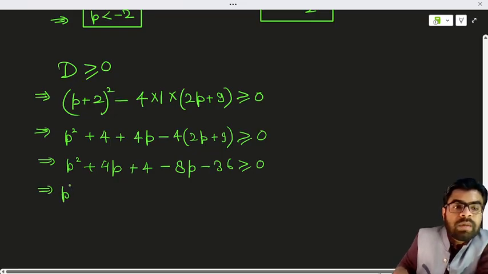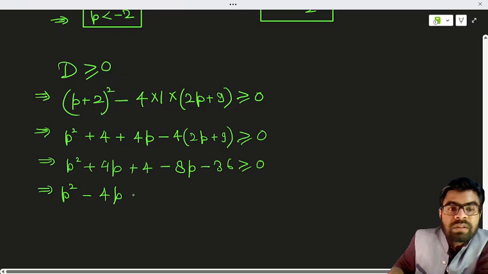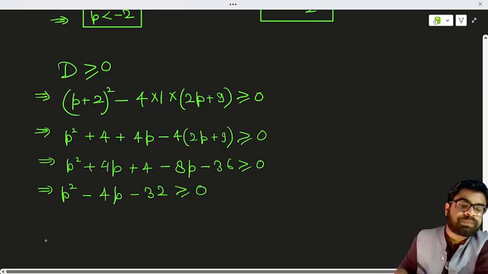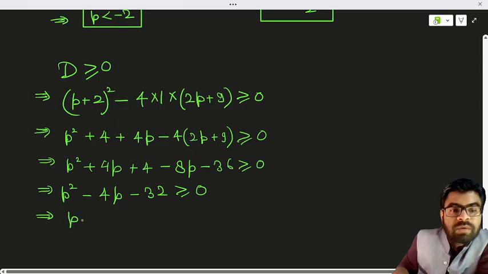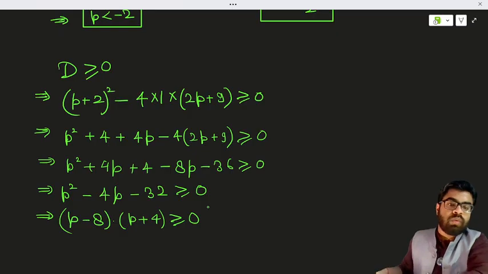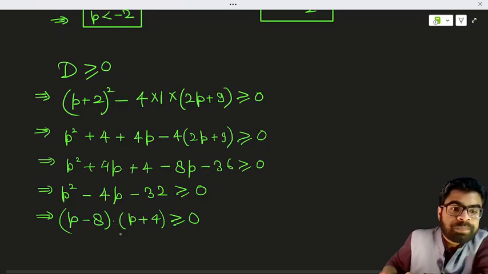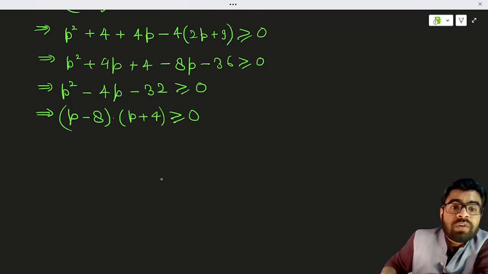So from here we are getting p square. Now this becomes minus 8 and plus 4, so it is minus 4p, and here it is minus 32, which is equal or greater than 0. Clear? So from here what we are getting, this becomes p minus 8 into p plus 4, because 8 fours are 32. So I can write like this. So with the help of Wavy curve method, because this value is always positive,